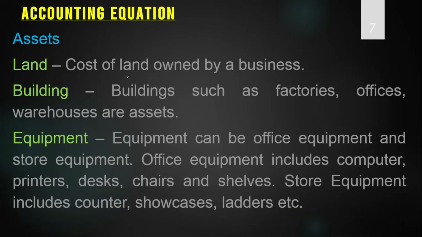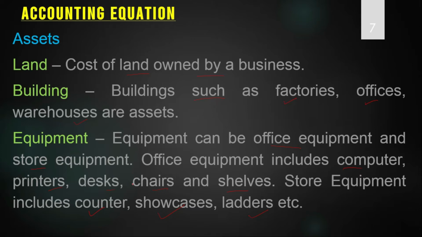Land. Land includes the cost of land owned by a business. Building. Building includes the factories, factory building, office building, warehouses, etc. Equipment. Equipment can be office equipment. Office equipment may include the office computer, printers, desks, chairs, shelves. These are the office equipment. The other type of equipment can be stores equipment. Stores equipment may include counters, showcases, ladders, etc. So whether it be office equipment or stores equipment, all these are the assets of